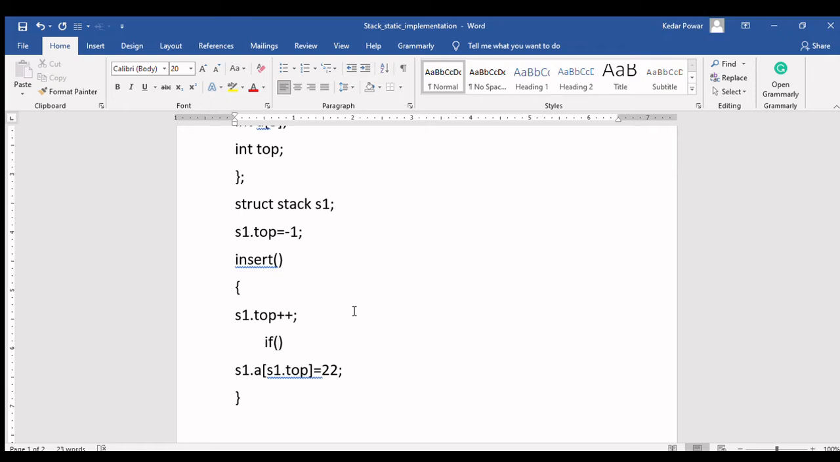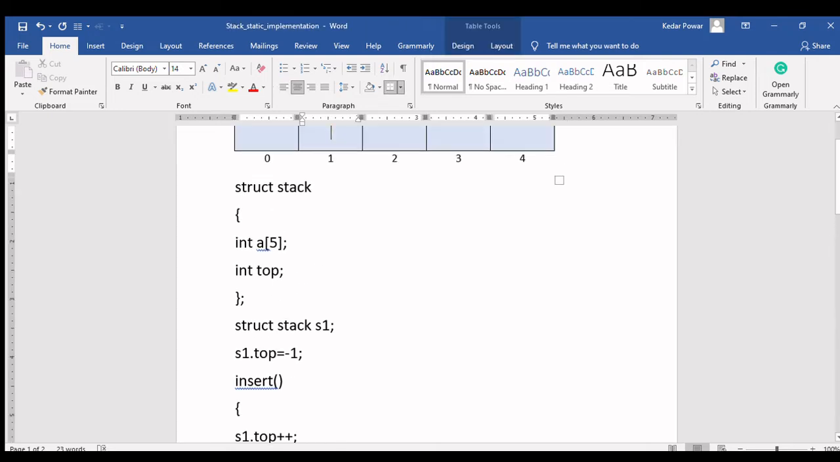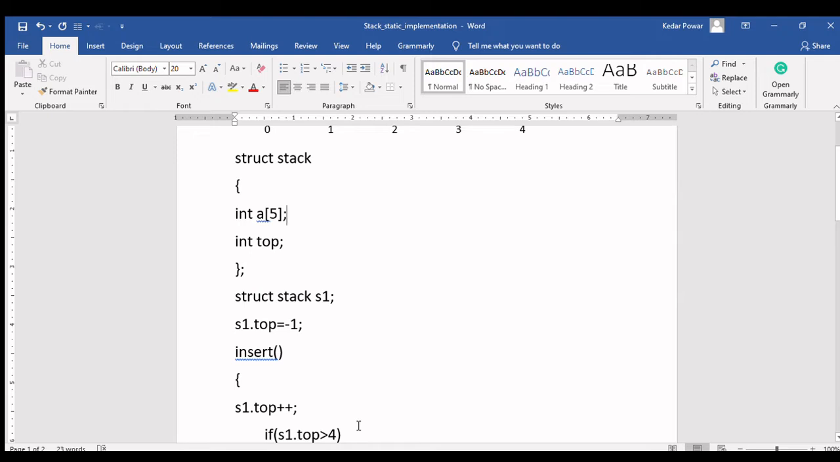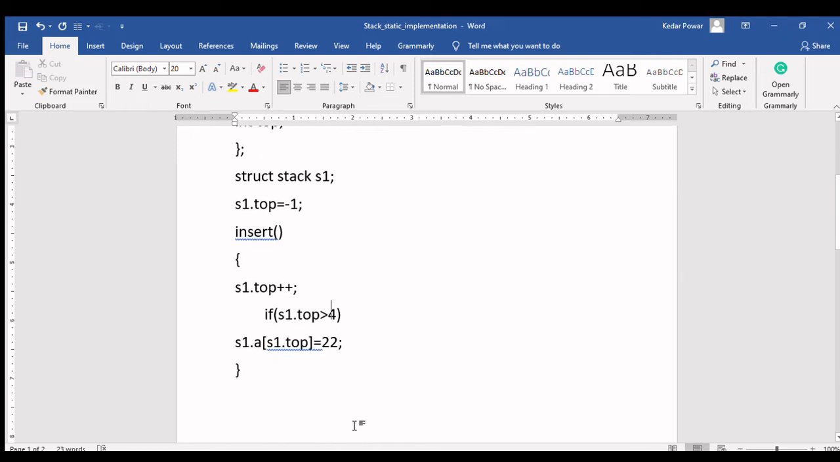I will say that if s1.top is greater than 4. Why greater than 4? Because I have declared the array of 5 elements, so I can store the elements up to 5. When top is going to be greater than 4, it means it becomes 5. That time I will say that my stack is full. So if top is greater than 4,